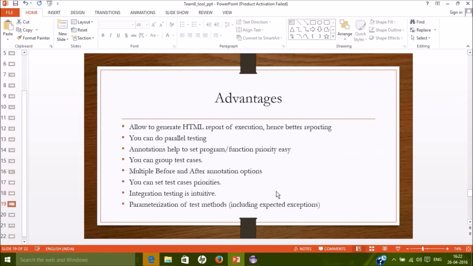You can also set test case priorities, which we did using the at test method and its parameters. Integration testing was also quite intuitive and easy to use, and parameterization of test methods was also done.